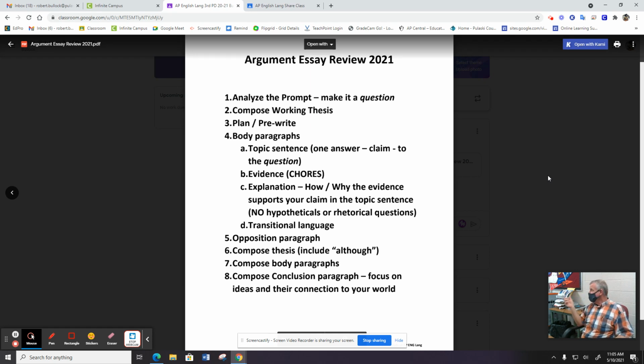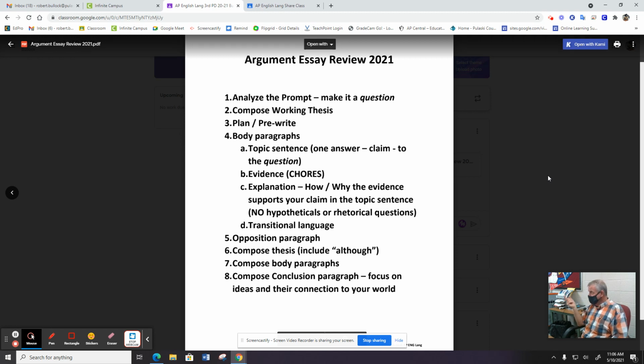So argument and synthesis, what's the difference? Synthesis, you are given sources. That's the only difference. They're both argument. But on synthesis, you're given sources. On argument, you've got to come up with your own. Since we just finished argument, we'll talk about it while it's fresh. Look at this with me, if you will, as I run down through this, for the folks who are at home and not here in the class.